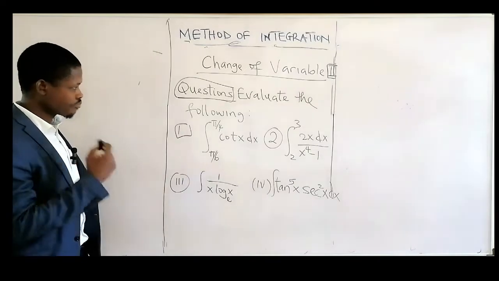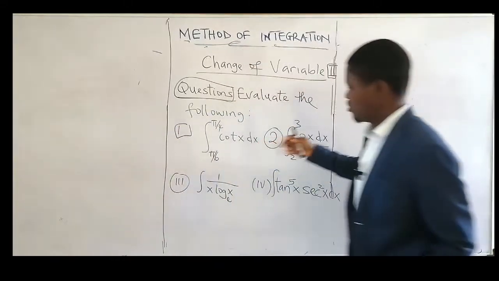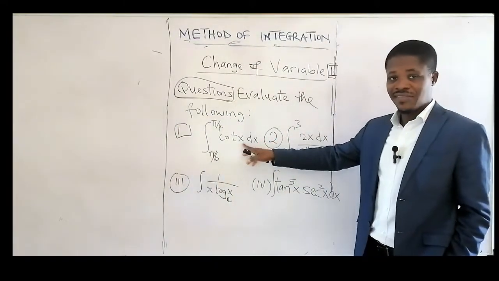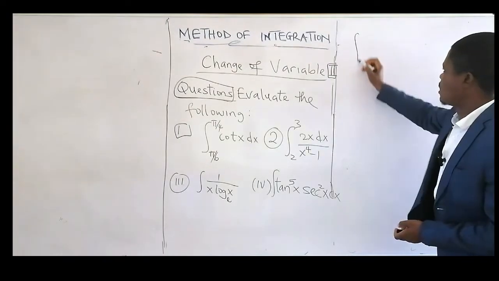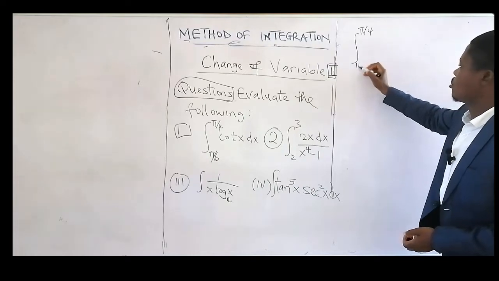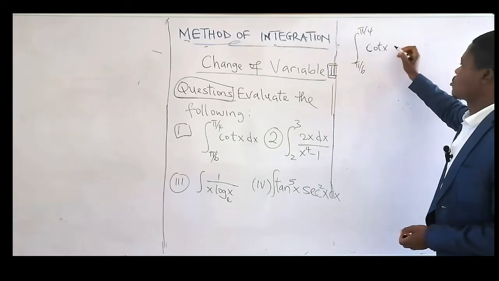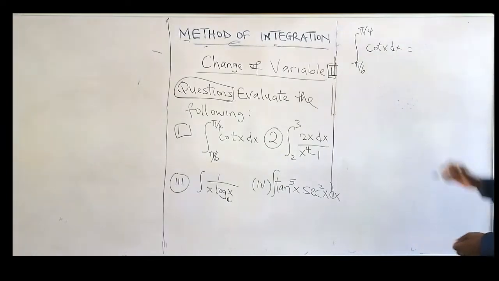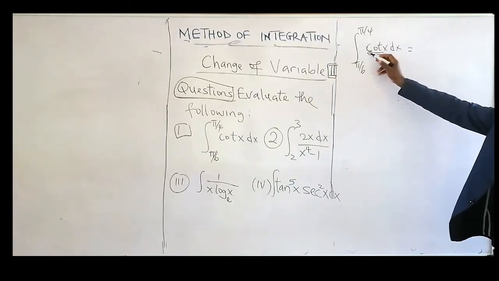We have said that change of variable is also one of the methods for integration. When we are doing it, what we are doing here is changing the independent variable. So let's go straight to the question. The integral, with the upper limit pi over 4 and the lower limit pi over 6, of cot x dx. In this case, there's no direct table formula